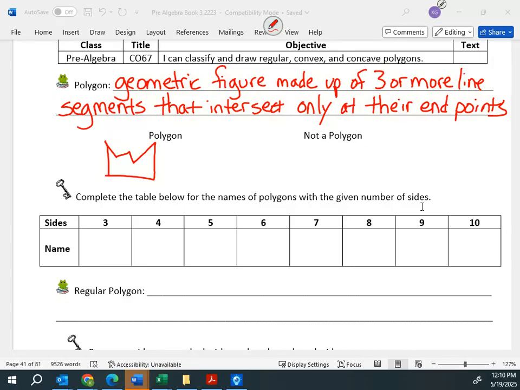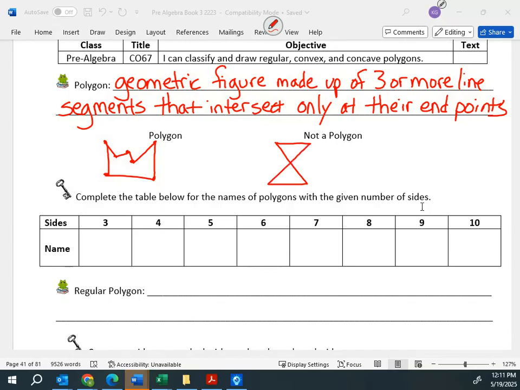There's no open areas, there's no curves, and it doesn't intersect anywhere other than our segment endpoints is where they're connected. So a polygon is any shape that uses those line segments that are all connected. No curves, all connected, no intersecting. So something like this